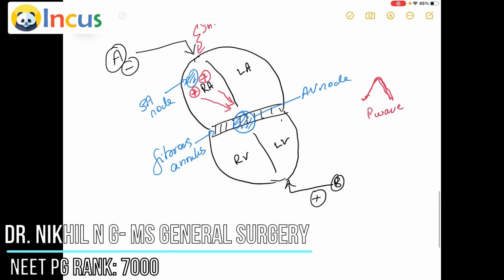Now once the whole of the atria has been charged, contraction occurs. This charge tries to move towards the ventricles via the AV node. This part, which is the fibrous annulus, is a bad conductor of electricity, so none of the charges moves bypassing this. Every charge should go via the AV node. So since the AV node is very small,